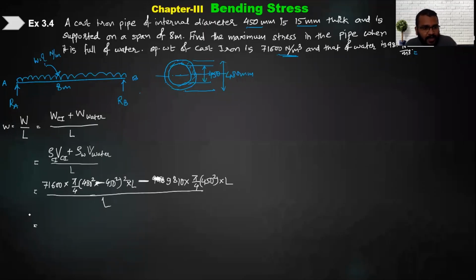एंड कैलकुलेट एंड गिव मी द वैल्यू ऑफ दिस W. द यूनिट विल बी इन न्यूटन पर मीटर। चल, ये पूरा बड़ा सा कैलकुलेशन करो एंड गिव मी द आंसर।